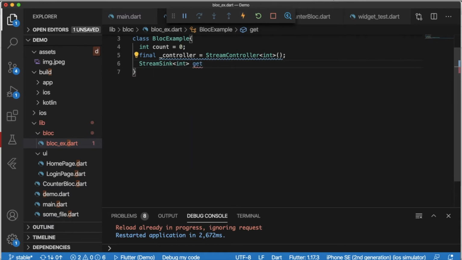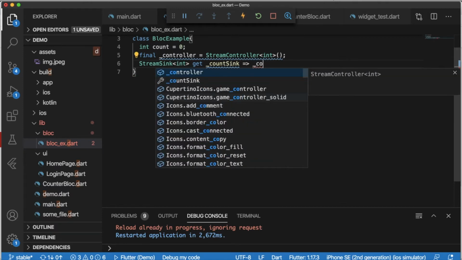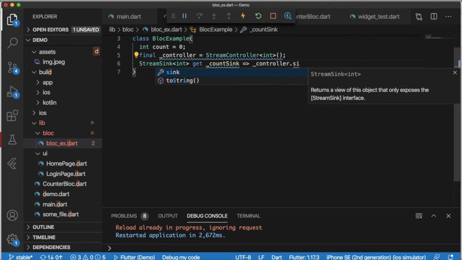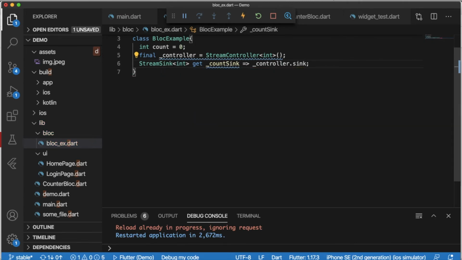Then I will create a getter method for this, and I will give it the name countSink, and we will get this object from controller.sink. Okay, so this way we have got a sink.